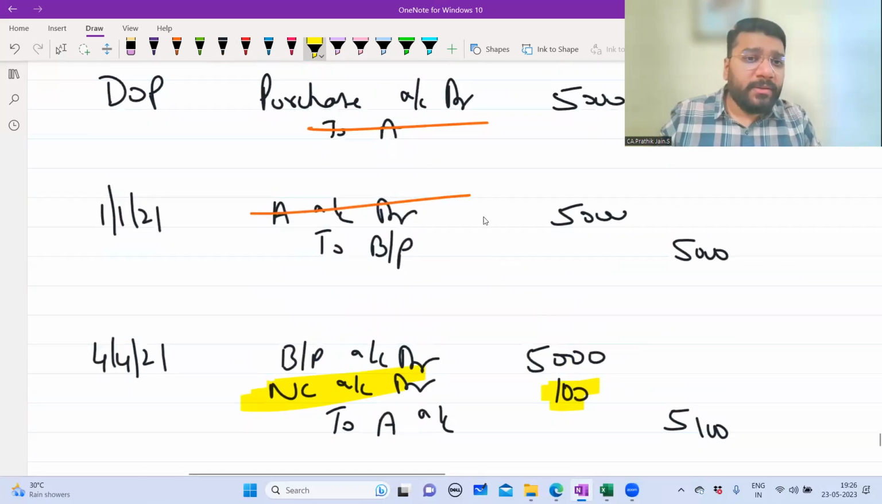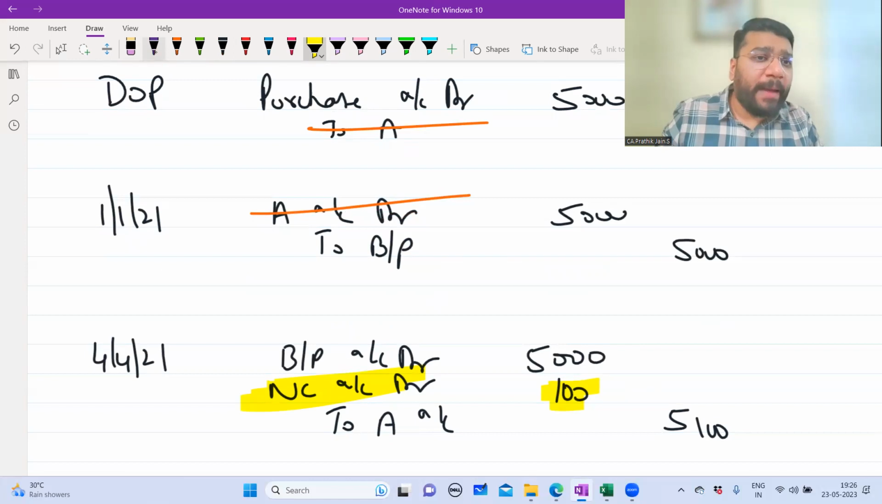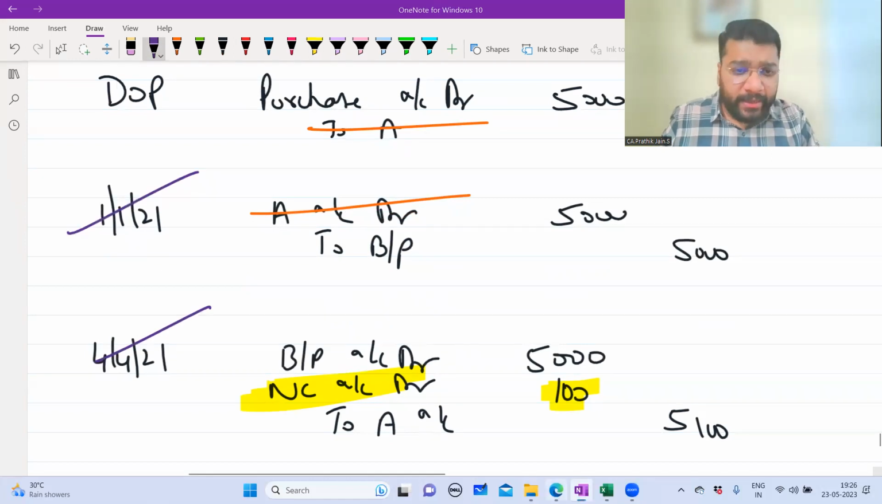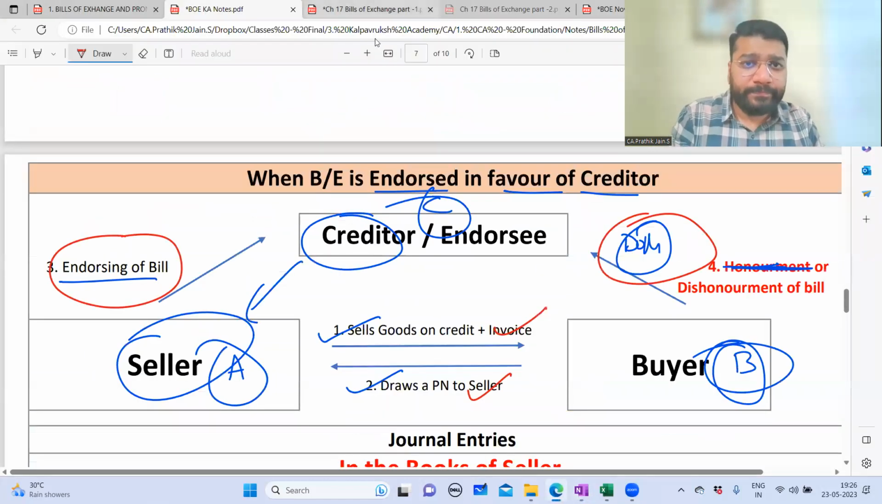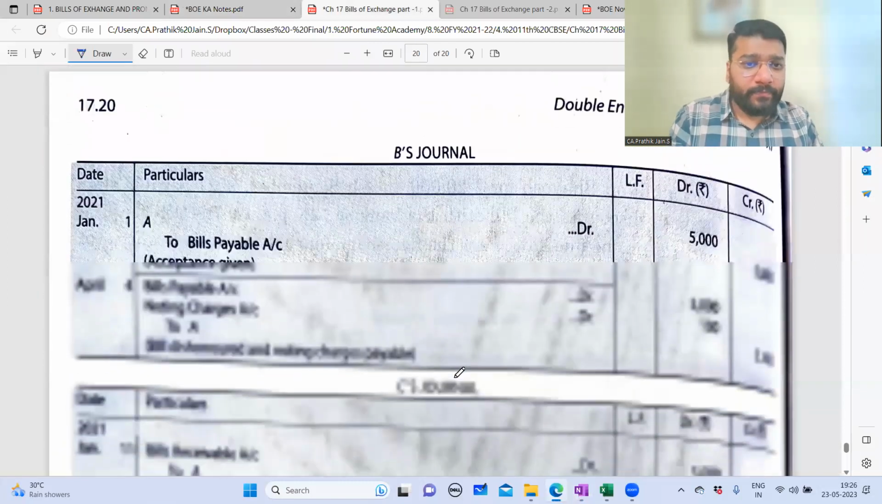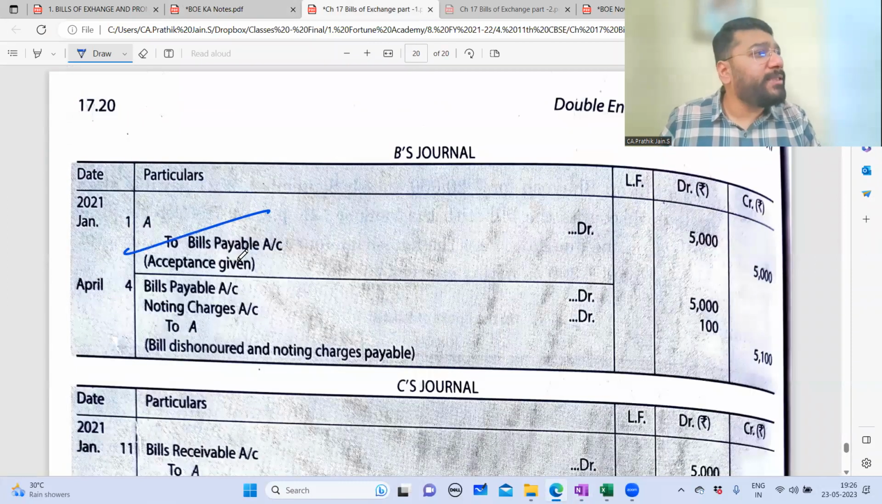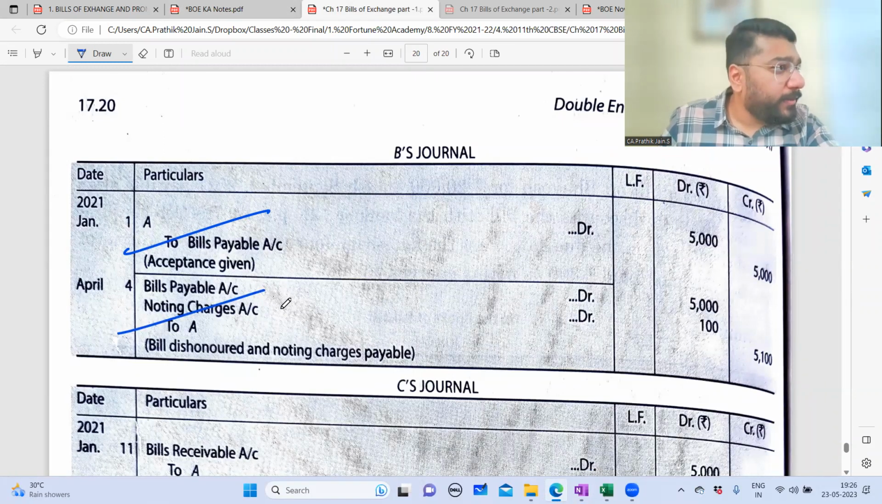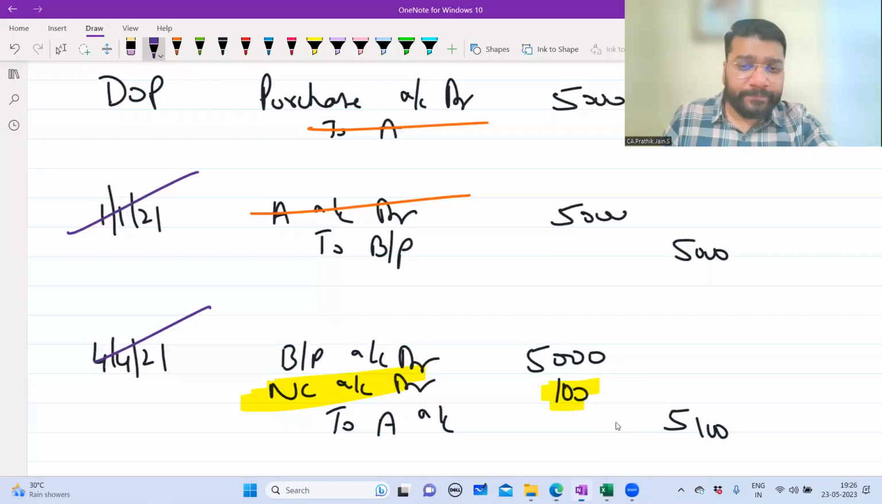So these are the 3 entries. In your textbook, they would have captured only the second and the third entry. Let's see if it is matching or not matching. This is the bill execution entry and this is the dishonourment entry. Clear? Now guys, in the book of C,